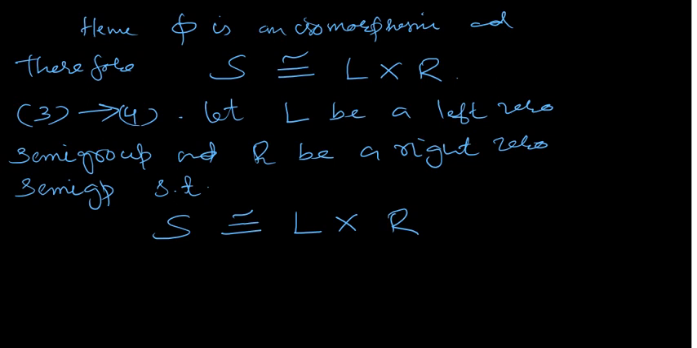Okay, let us choose this L equal to A and R equal to B. हम L को A choose करें और R को B choose करें, and then S is isomorphic to A cross B, where A and B are non-empty sets. यहाँ पर ये left zero right zero semigroup से they are also non-empty sets. और फिर हम प्रूव करेंगे ये जो प्रोडक्ट है ना A cross B में, वो इस प्रॉपर्टी को सेटिस्फाई करेगा, फोर्थ प्रॉपर्टी को।